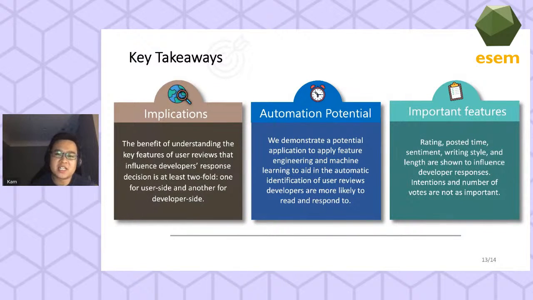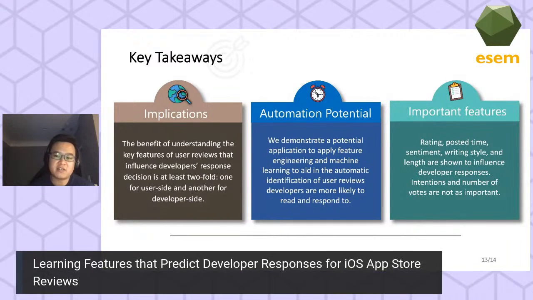So I will conclude my presentation with 3 key takeaways. The first is that the benefit of understanding the key features of user reviews that influence developer response decisions is at least 2-fold. We saw one for the user side, but the developer side is also trivial to realize. The next one is that we have shown earlier the efficacy of random forest in predicting developer responses using the extractive